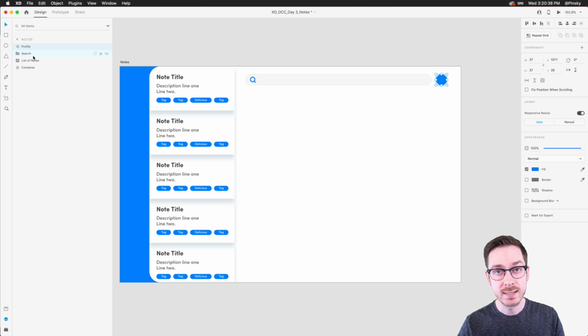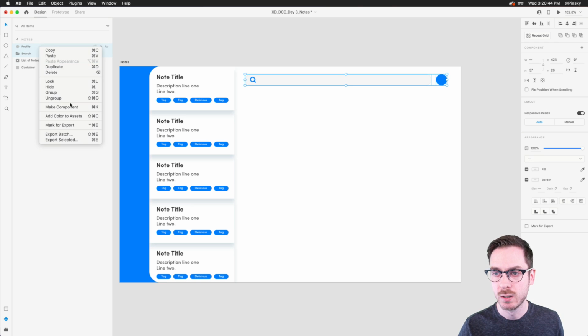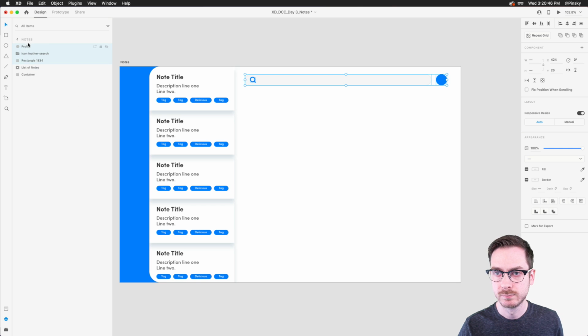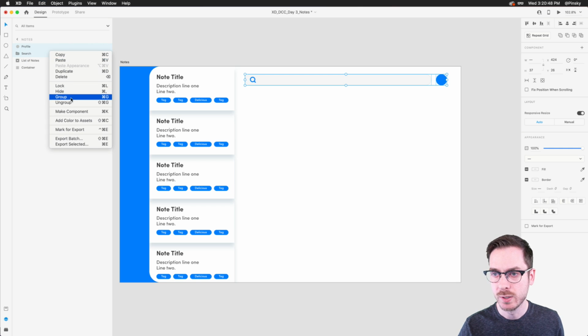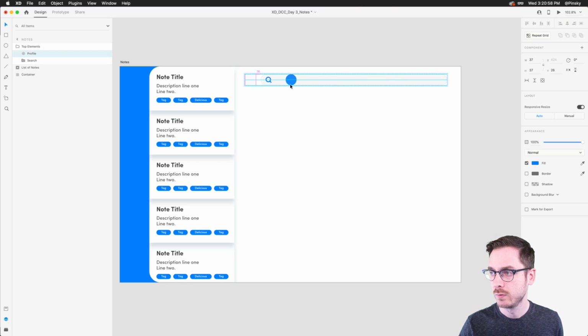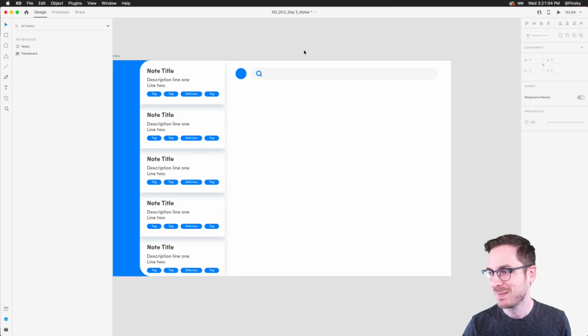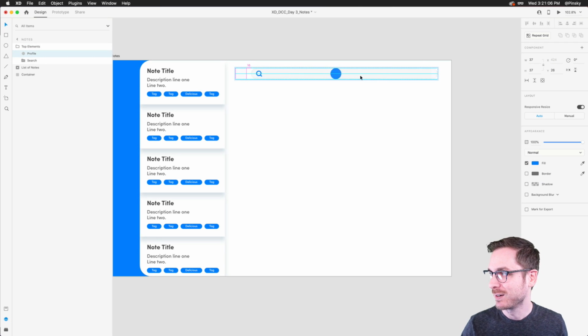And we can put these in a stack as well. So I can go ahead and grab those, and I'm going to group them. Whoops, what did I just do? I'm going to group them, top elements. I can put this into a stack. And now if I decide to, maybe I want the profile picture over to the left. It's that easy, right? You got to do the sound effect, otherwise it doesn't work. That's a lie, but who knows, right? I can also put it back over here if I wanted to.